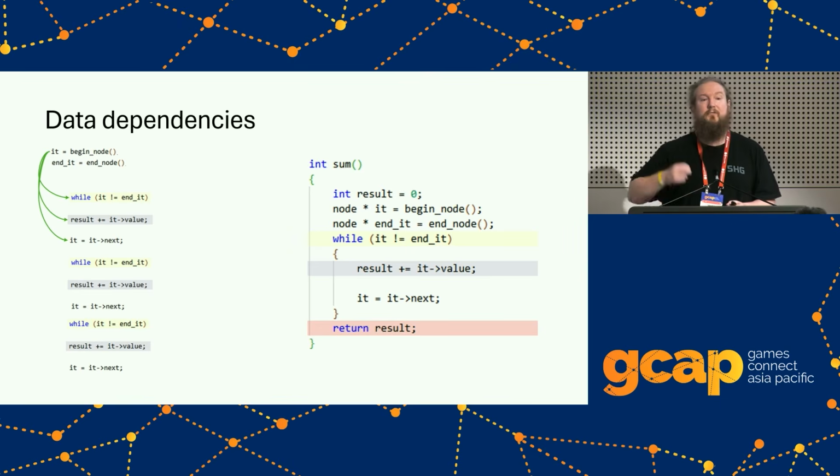It can start looking for the next pointer to update to. And then we've got the end iterator there, which allows that while loop to also get all of its data there. There's also the dependency that exists with result, but that's really just a register, so I haven't highlighted it very heavily. But in order for the next iteration to continue, we need that final instruction there, iterator equals next iterator, to complete. And once that has completed, then it can start doing things.